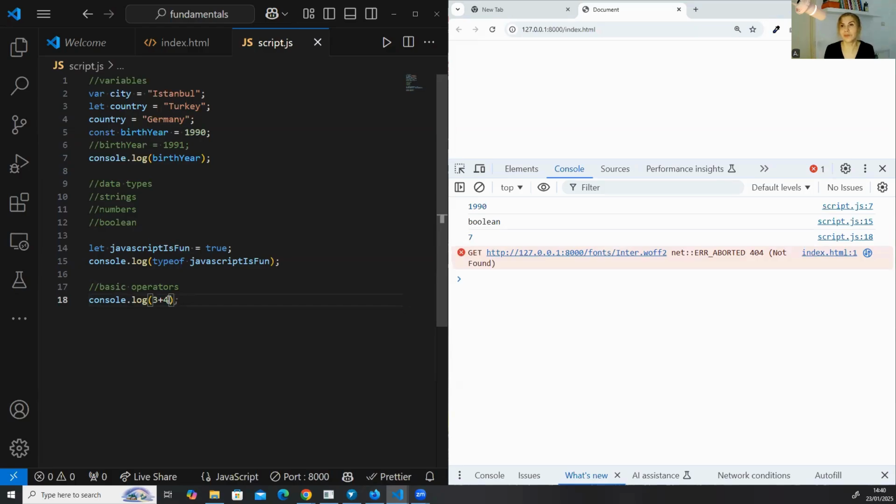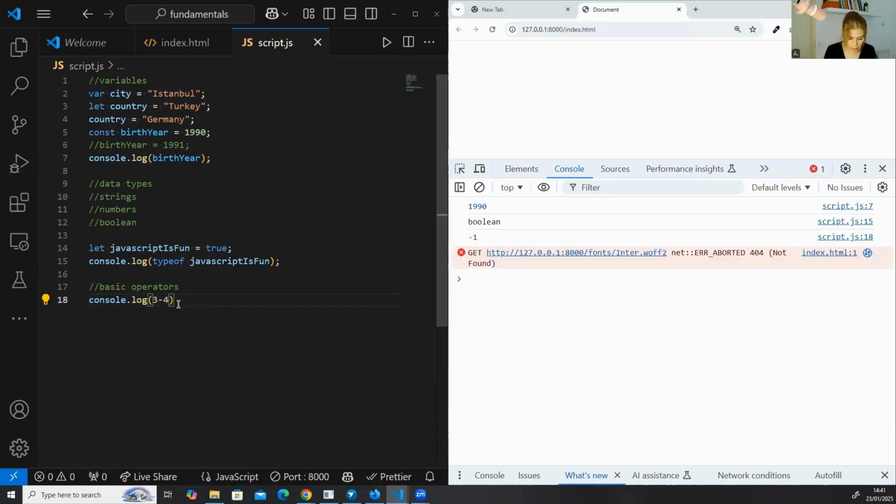By the way, we can use the plus sign between two strings, two texts as well, but there of course we won't have mathematical operations. We will see what we will have when we are handling the strings. Okay, so this is 3 plus 4,